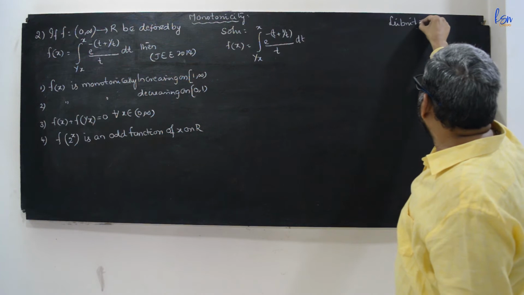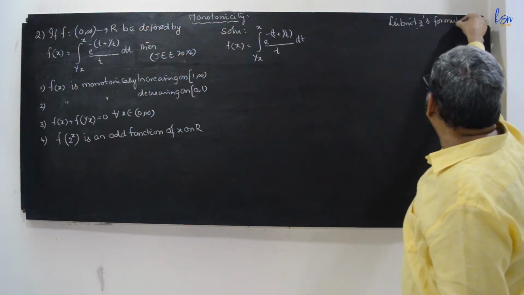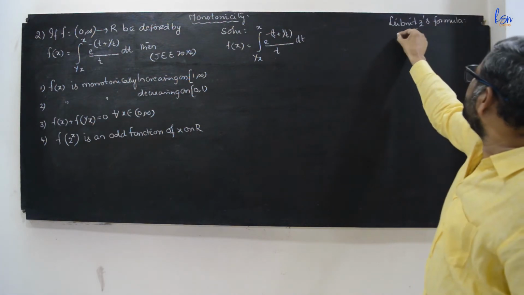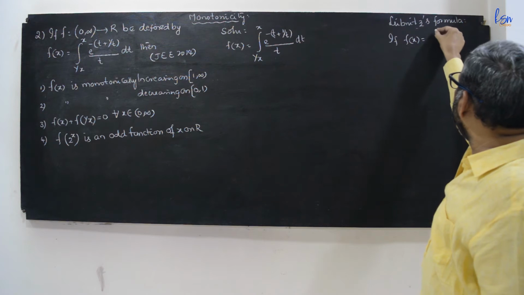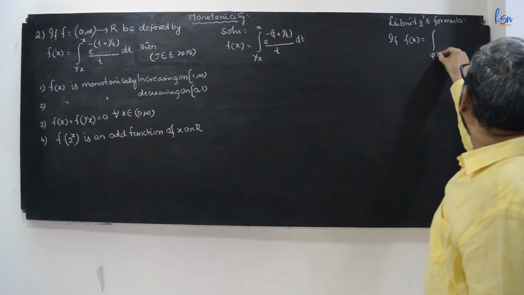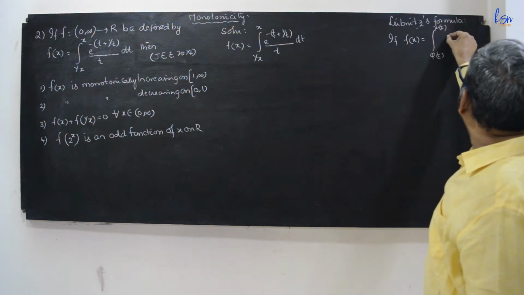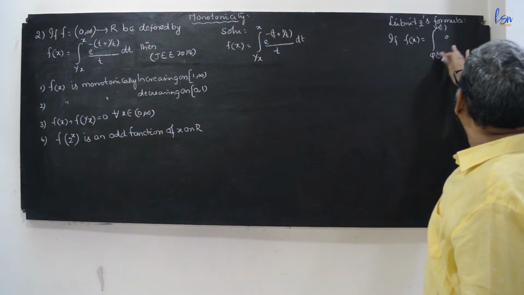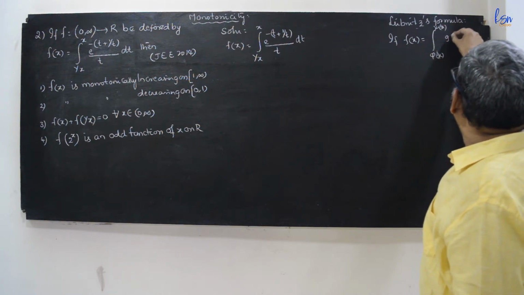According to Leibniz's formula, if f(x) = integral from phi(x) to psi(x) of g(t) dt,